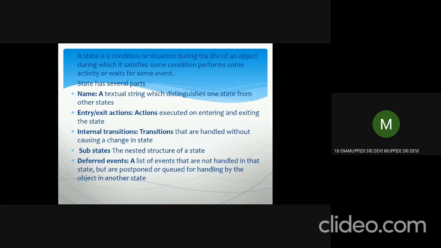Okay, so as I told you, a transition is a relationship between two states. It will cause one state to perform certain actions, and using some action, it will change from one state to another state. As I told you, a state has 5 parts: name, entry action, exit action, internal transition, substates, and deferred events. Here the transition also has some parts. The transition is responsible for changing the state: when specified conditions are satisfied, it will go to another state. Similar to a state, a transition also has 5 parts.